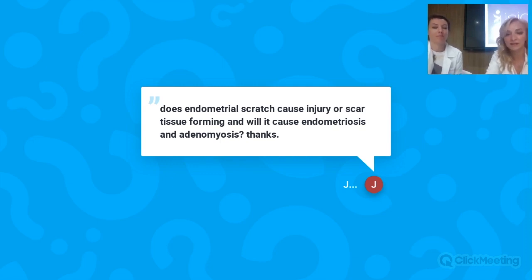No, this is not an injury that can create a scar or a big injury to the endometrium. It's like a pipelle biopsy that we can use, for example, to check for endometritis. It's a small tube that we put into the endometrium. It takes just a little bit of cells, and it's only for one cycle, and even when we have the period, we have regeneration of the whole endometrium. So we should not be scared about some big injury or scar tissue forming, and especially about causing endometriosis or adenomyosis,